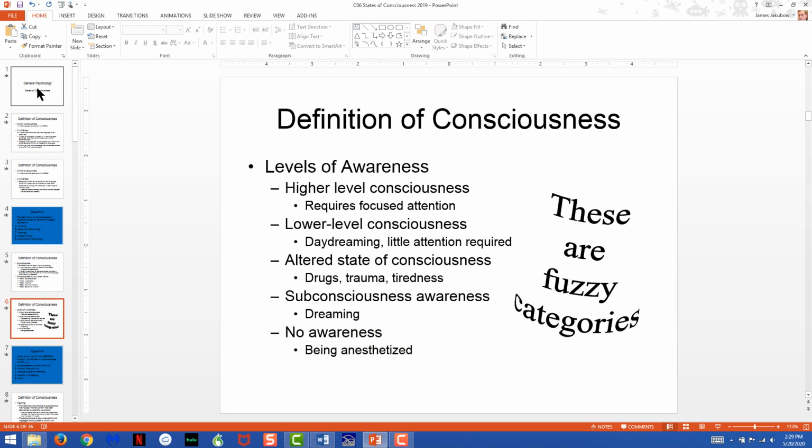Each of these levels of awareness are referred to as fuzzy categories. Fuzzy categories are categories that don't have clear ends to them. They sort of blend into each other. So for each of these 5 categories, the higher level of consciousness, lower level, altered states, subconscious, and no awareness, they all tend to blend from one to the next,